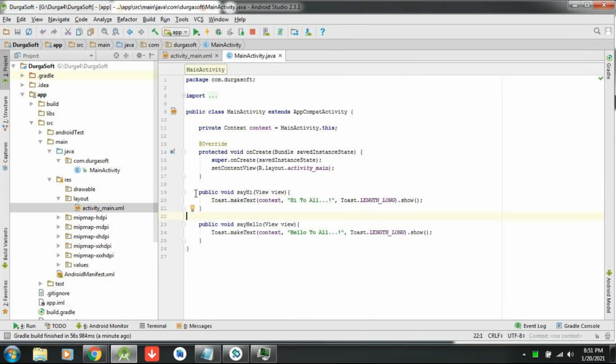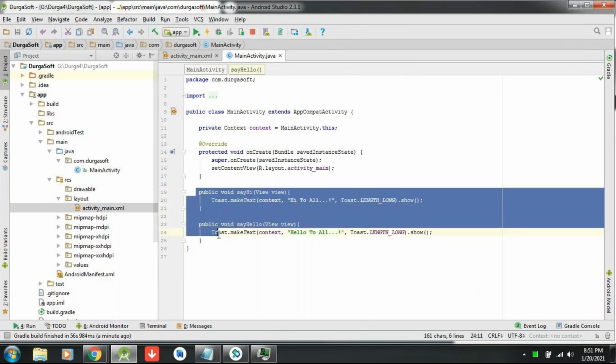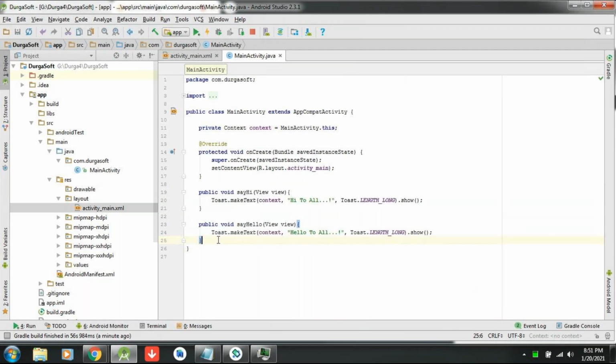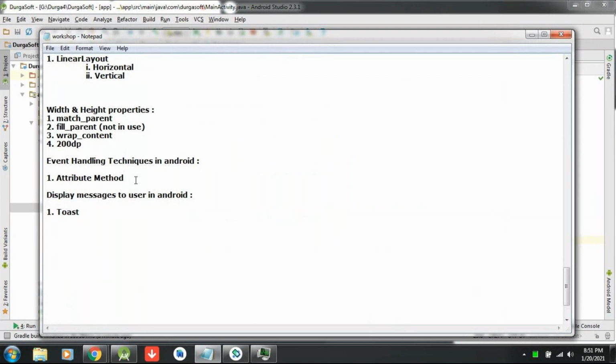Okay, so it's a simple one, but we are not using this one in real time. In the real time, the next method which I am going to discuss, that one we will use in real time. Which is called inner class method. Okay, so this I will explain tomorrow after explaining activity. So tomorrow I am going to explain about activity first. Okay, linear layout with activity is there.